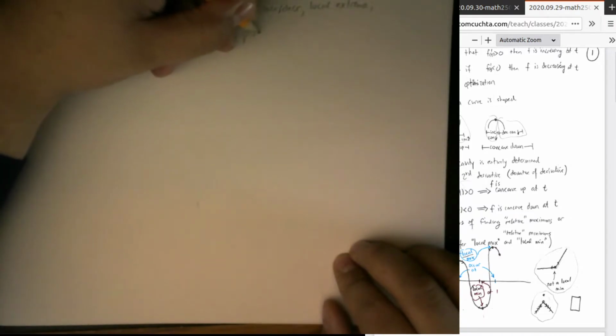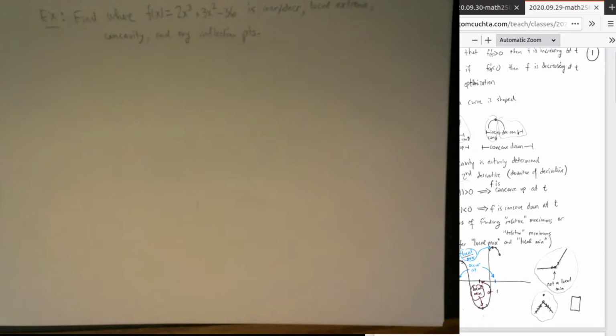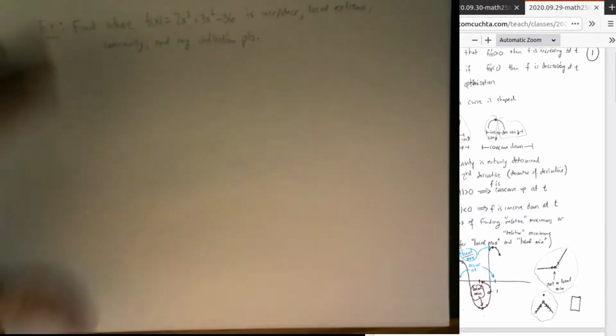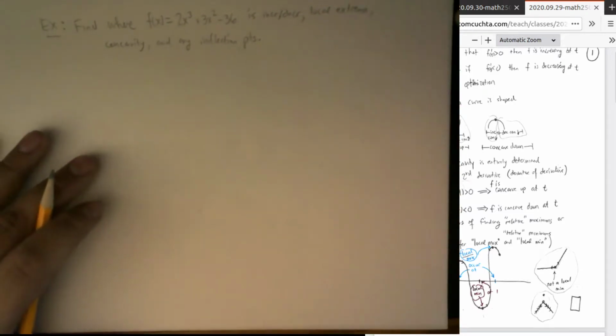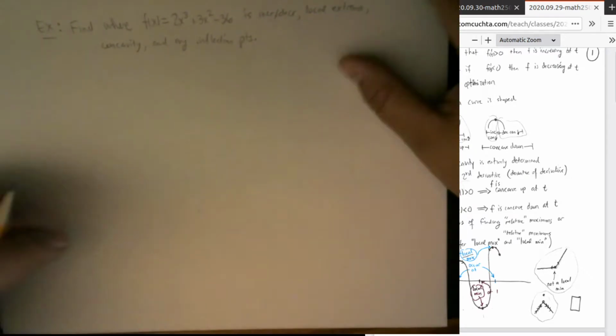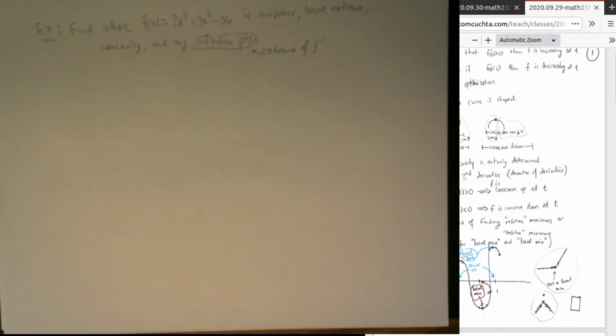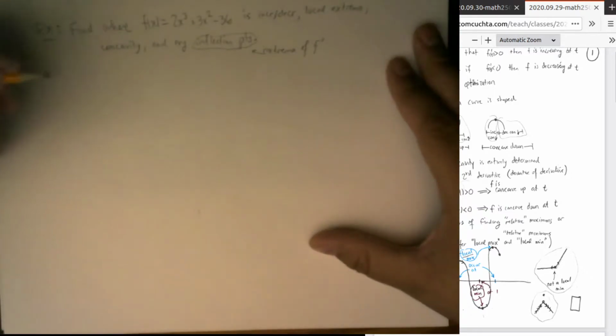Now, inflection points are places where the concavity changes from concave up to concave down, or vice versa, from concave down to concave up. And these points, these are extrema of f prime. So I'll find such points by setting f prime prime, in other words, the second derivative, equal to 0. Find the critical points of f prime, and then do the same kind of analysis that I was doing in the past. So solution here,